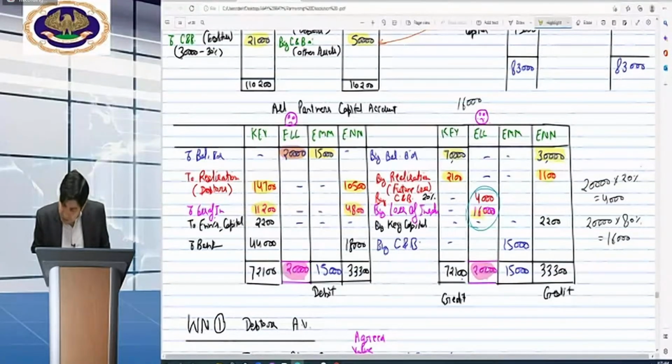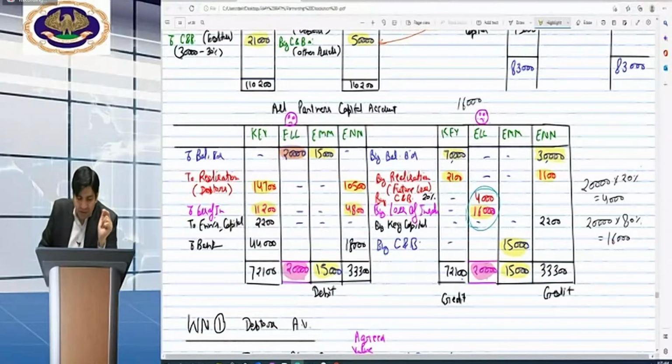So beta, here this loss has been shifted. Now the balancing figure is there. Now first tell me about M. Sir, M will not get any payment. Rather, M will bring the amount. Is he denying? No. If he were denying, then he would also be insolvent. But he is bringing. The question is not saying that he is not bringing. It means he is not among the other partners who are being paid. It means there is no commission on the same.